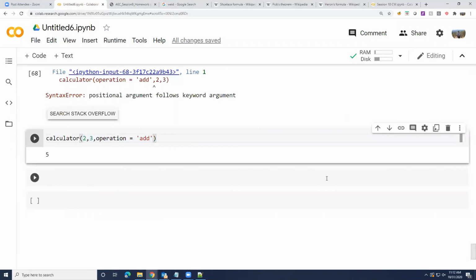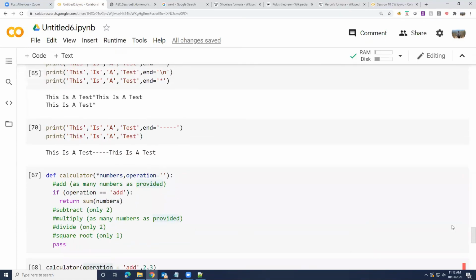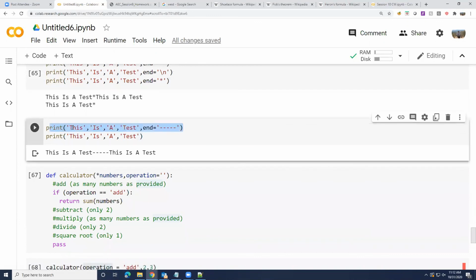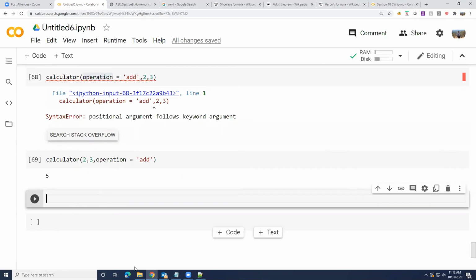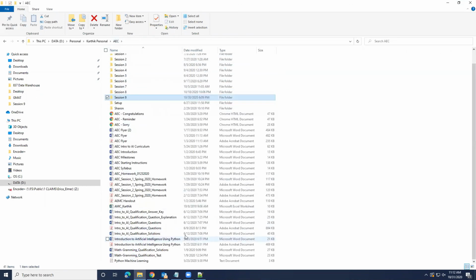And the only way to call them is by calling them with their named argument call. This is useful, as you can already see. The print statement is a very good example of where this is useful. I can print as many things as I want, and I can end it with something. So there are practical uses for this that you have used in the past. So that's input arguments. Any questions so far on input arguments and output arguments based on what we saw last class? If not, we'll move on to the next topic that we had originally planned.